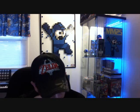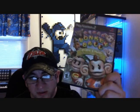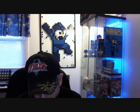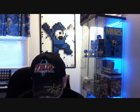This I picked up actually for my wife too, because she likes Super Monkey Ball. This is Super Monkey Ball Deluxe for the PS2. I guess it's just like Super Monkey Ball with more mini games. But these were $1. These GameCube games were $1 a piece, and some of these titles are really nice. So all of them are complete, I think, except one. So we got Crash Bandicoot: The Wrath of Cortex,